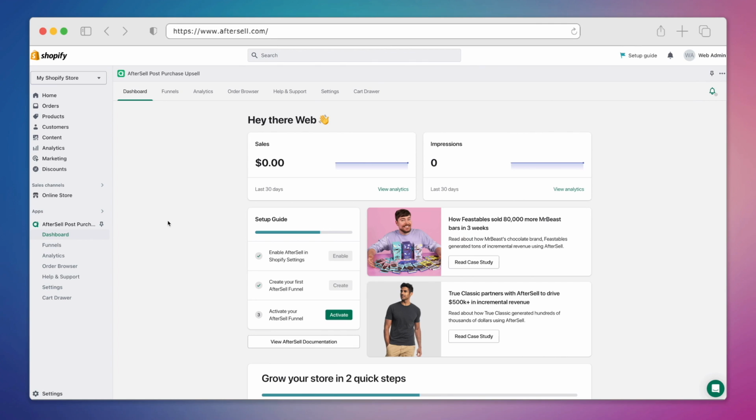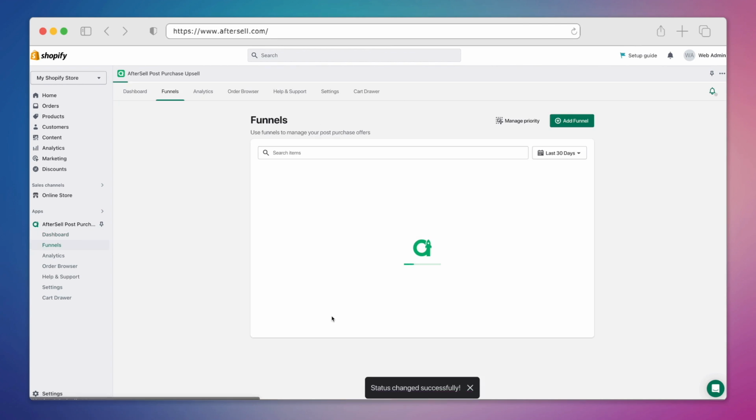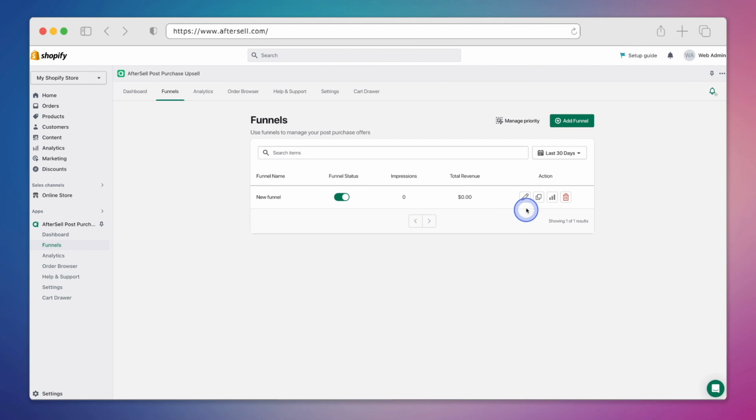So let's head on back to our Shopify admin, where we can see the AfterSell dashboard along with funnels and other settings. With this brand new installation of the app, which was very easy to do, we're going to activate our AfterSell funnel simply by clicking on the Activate button. From there, we'll simply edit the funnel,